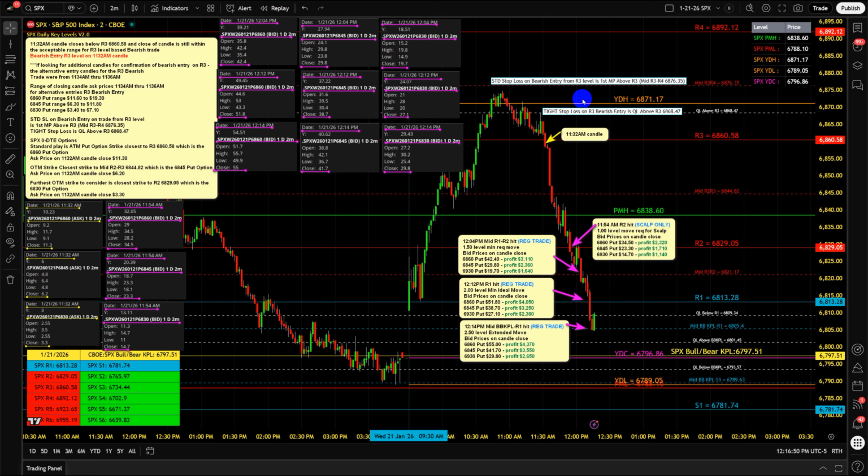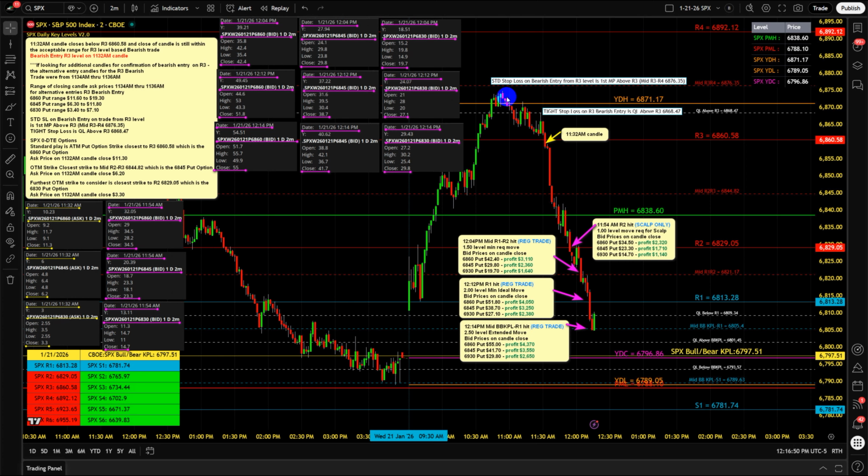And so on many occasions, you will see the YDH level be a stopping point at which price will either stay at and around the rest of the day, or a lot of times it will reverse. If it starts closing above it on successive candles and holding above it, then there's a good chance that we may also see a continuation of the rally. However, this YDH level is near the mid R3, R4 level, and so it is quite far away from the bull bear key price level. So in this particular session, a very good chance of a reversal, or at least just a stall out